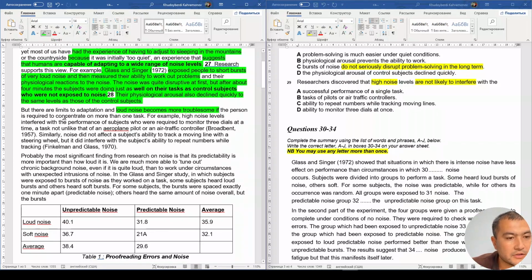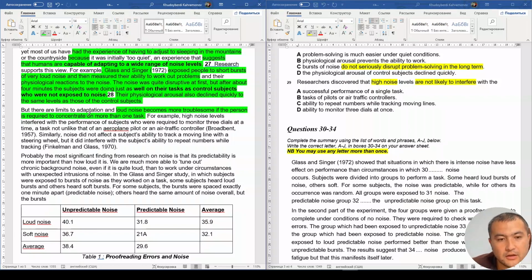If a person is required to concentrate on more than one task, which means whenever one person has to focus on a lot of tasks, for example 2, 3, 4 tasks, loud noise becomes a problem, loud noise becomes difficulty for them, right? Which means vice versa, loud noise never becomes troublesome if the person is required to concentrate on only one task, right? And that's why whenever we have to translate the sentence like this,